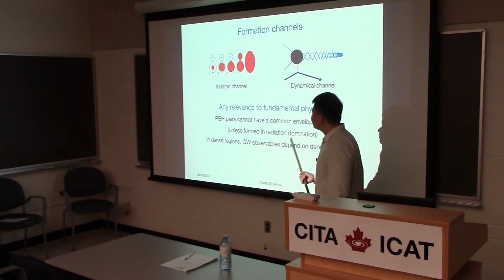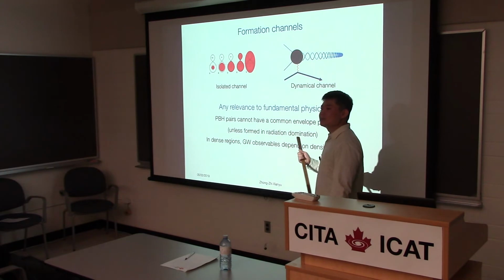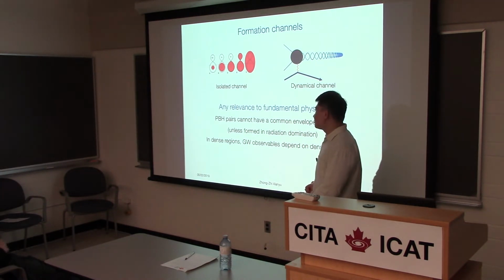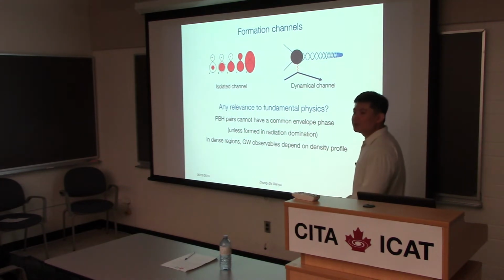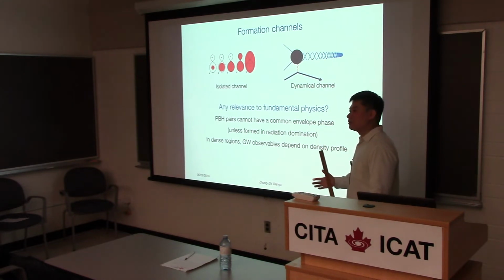And now I'm trying to stretch myself a little bit just to provide some motivations. So for example, people say that binaries in LIGO can be primordial. So they are formed in a very early stage of cosmic evolution. In that case, there can never be a common envelope phase. So if you can assemble some primordial black hole pairs, they have to be done dynamically. But there are some caveats about this. You can do this in radiation domination, in which case the plasma around can play a role of the common